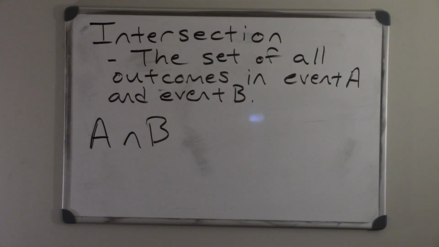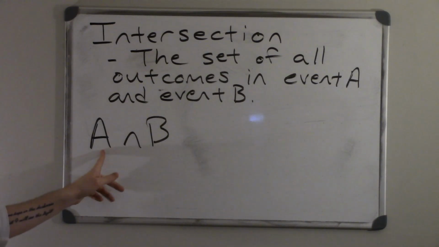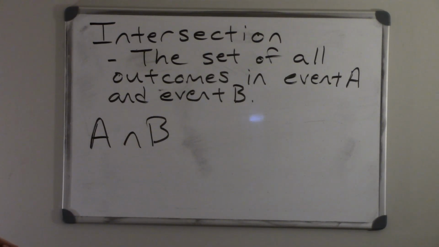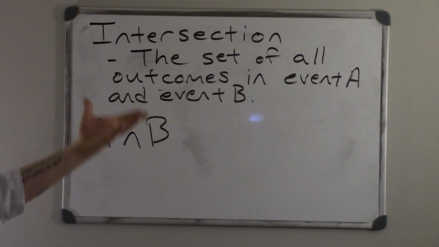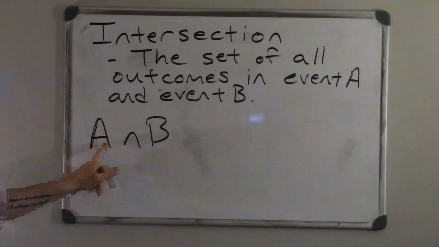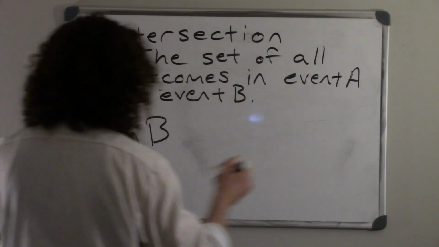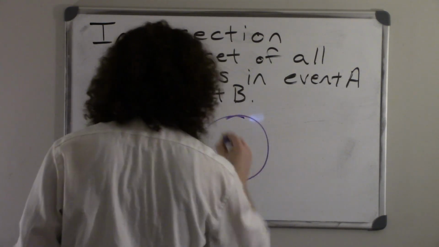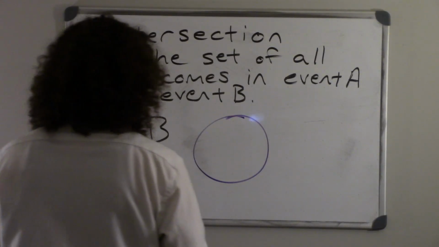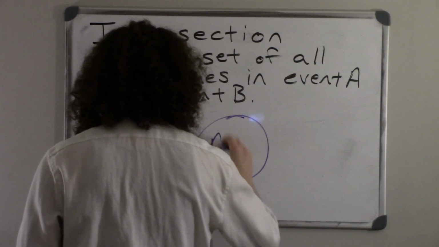Right, the way we are going to notate that is A with this little N-looking thing and a B. So when we get to actually looking at these probabilities, and you'll see this in just a second, we'll replace A and B with whatever the events we are looking at are, assuming that they're short enough that we can really fit them in there.